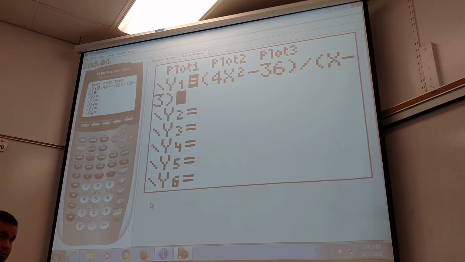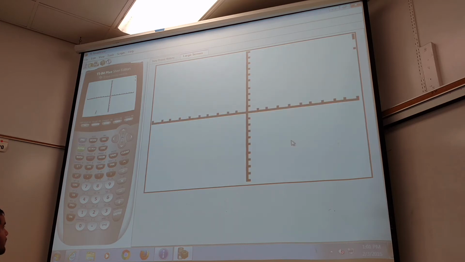So what x value do you think I'm going to be interested in? 3. That kind of makes sense. Right. So I'm curious about what that limit is as x approaches 3. So if I graph this thing,